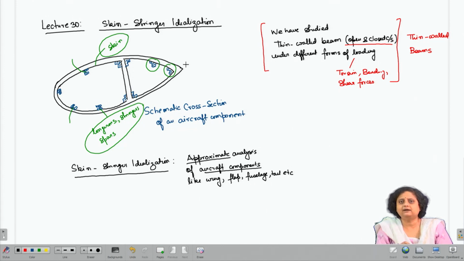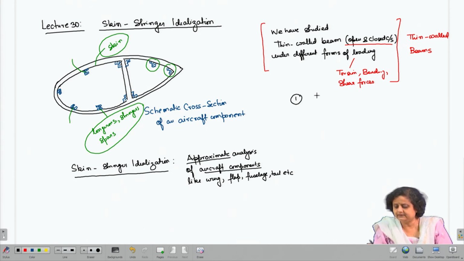So, that is another reason. One reason for choosing skin stringer idealization is that analytical schemes are very cumbersome. Numerical schemes do not give us a physical insight into the problem, and in the design stage there have to be several iterations. And at the design stage we do not need very accurate analysis. Okay. So, if I write it down,